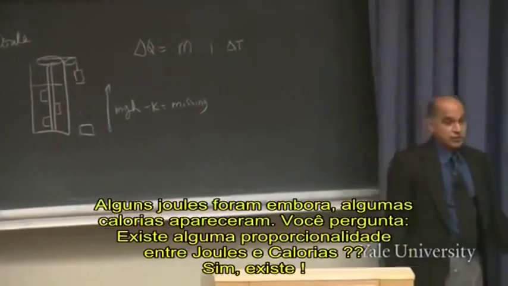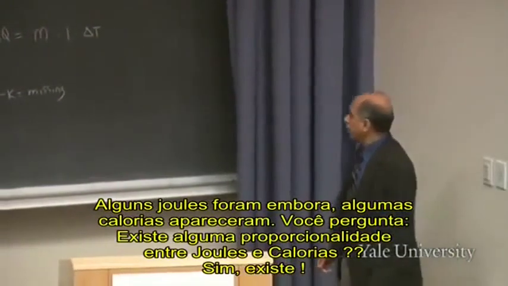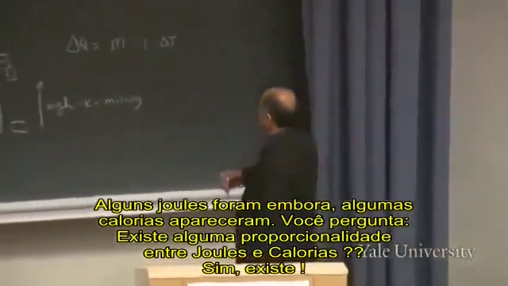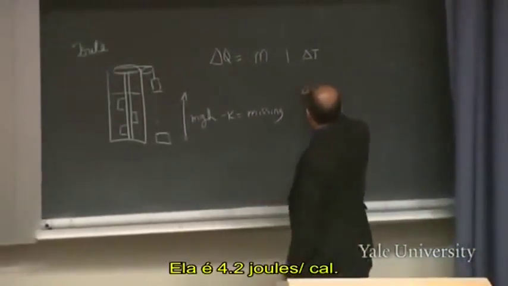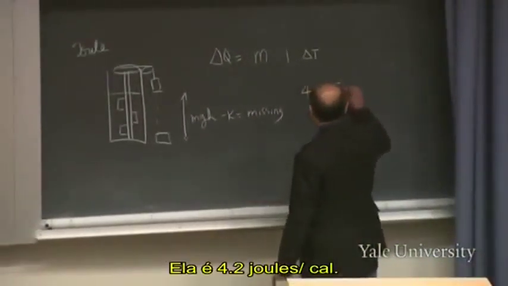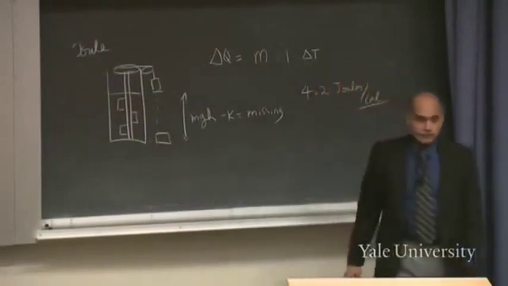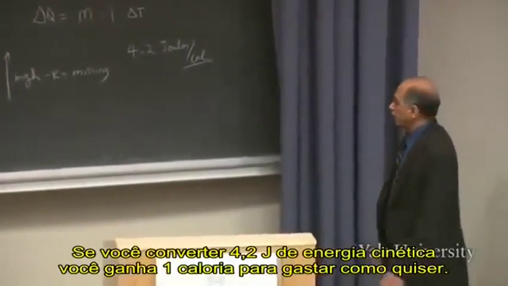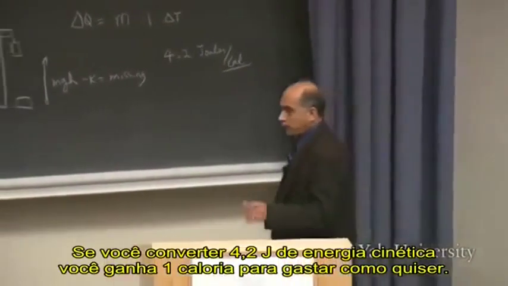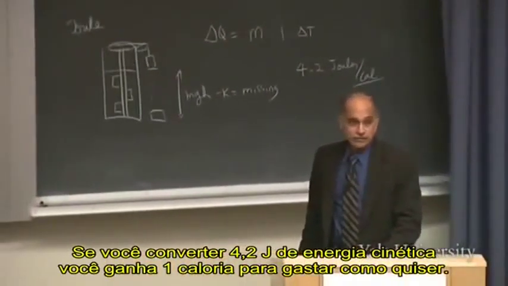So some joules are missing. Some calories have been pumped into the water. Then you ask, is there a proportionality between joules and the calories? And you find there is. And that happens to be 4.2 joules per calorie. In other words, if you expend 4.2 joules of mechanical energy, you get yourself 1 calorie